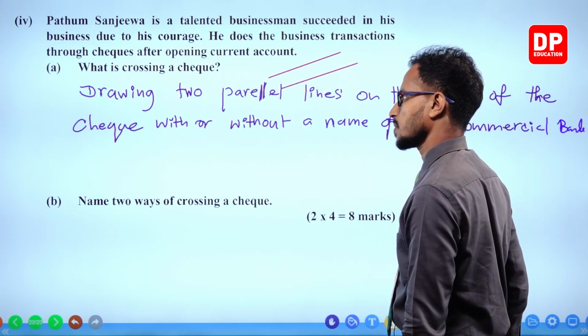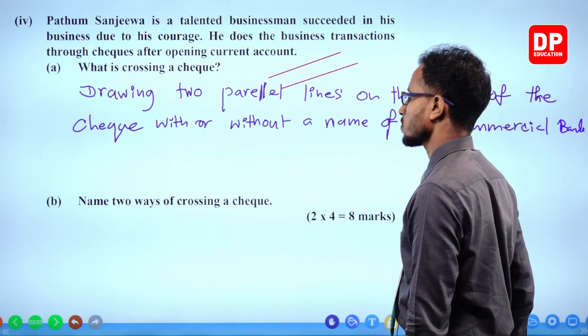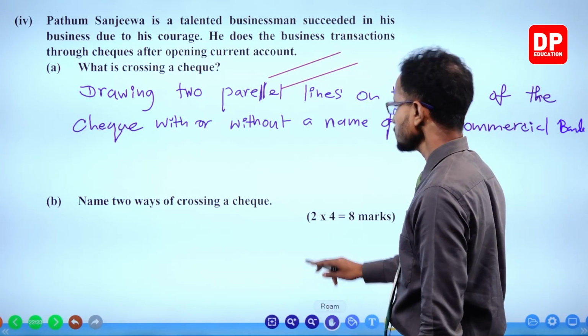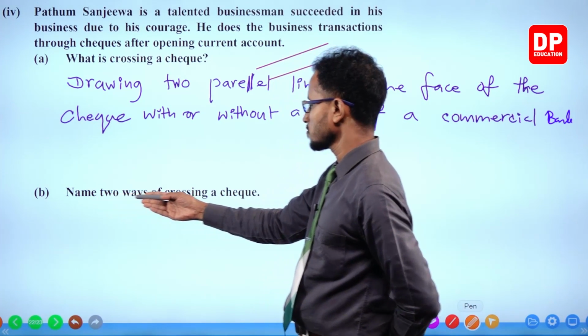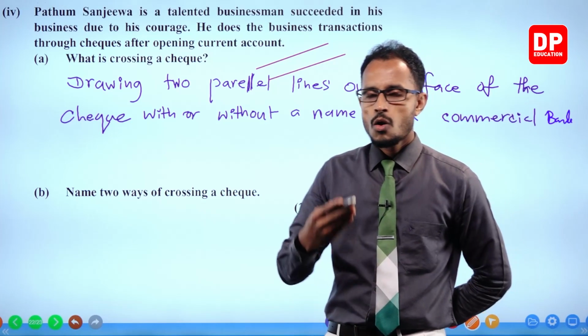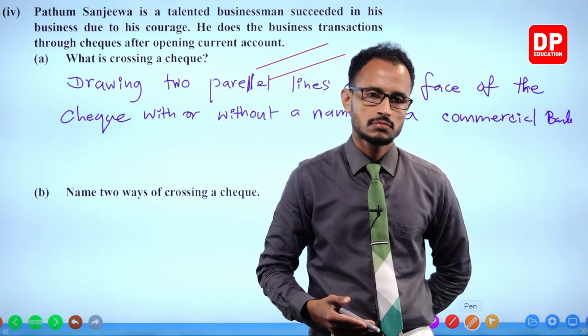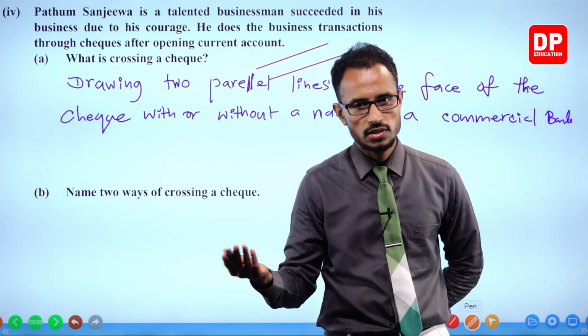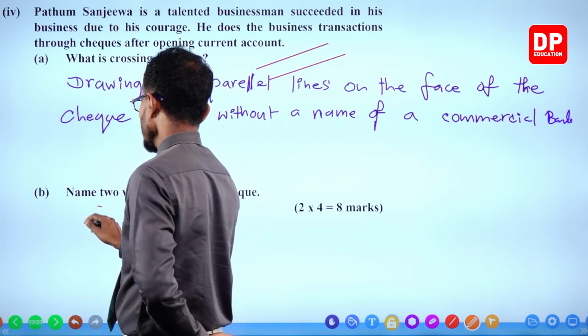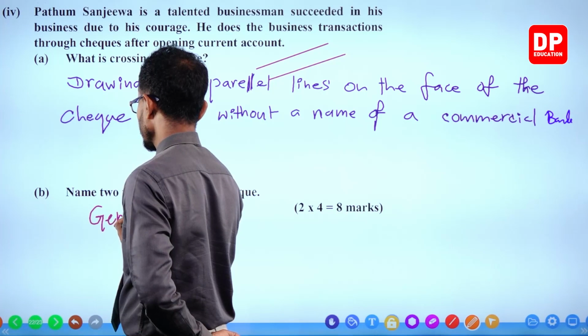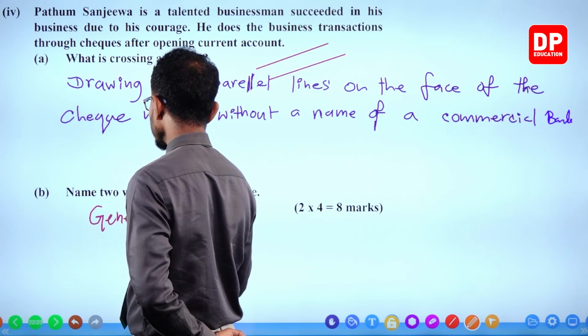Next. Name two ways of crossing a check. There are only two ways, actually only two. The two ways are general crossing and